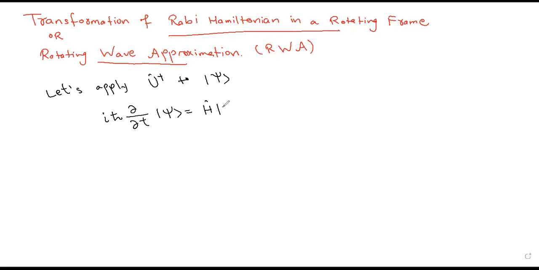H psi equals iota h bar partial over partial t of psi. Apply this U dagger to this psi, and here we have H dagger psi. Okay, apply the product rule and we will get iota h bar